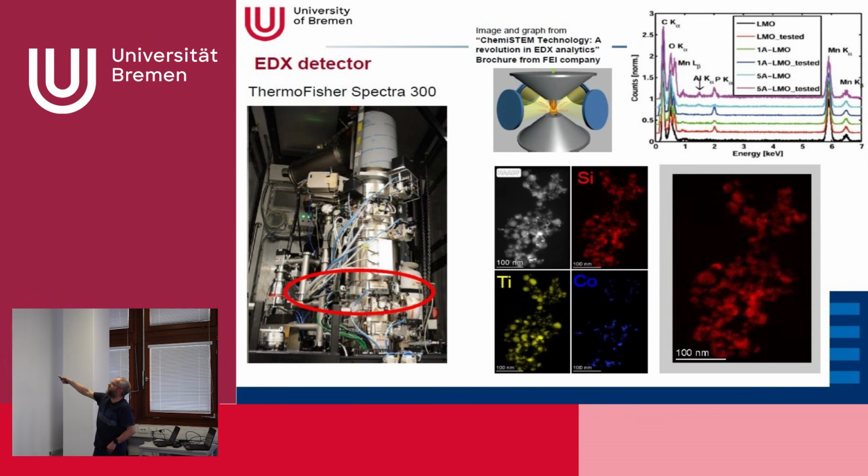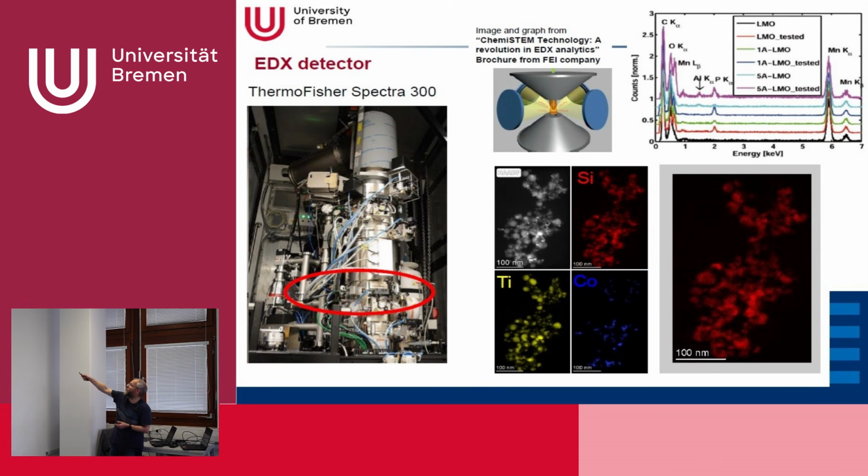This typically shows such a spectrum that we can get from this EDX detector. So you see that there are discrete peaks in there, and this is clear because the energy levels of the electrons in the atoms are discrete, and they are a fingerprint for the respective element that is inside. Therefore, these peaks appear at discrete energy positions, and from these energy positions, we can then say which element it is. So here in this spectrum, for example, we found that there is manganese, phosphorus, aluminum, oxygen, and carbon in there.